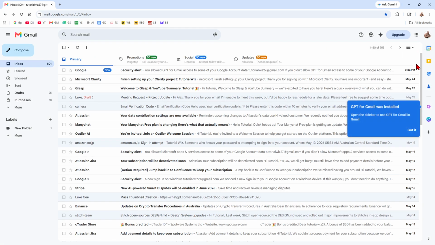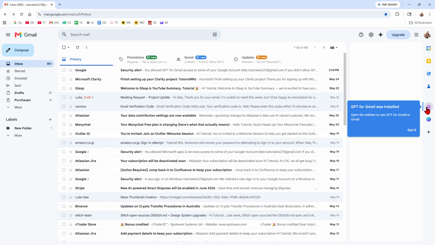And then to the right here, you're going to see ChatGPT for Gmail has been installed. So we can open the sidebar to use ChatGPT for your Gmail inside